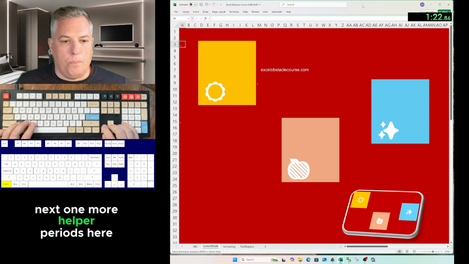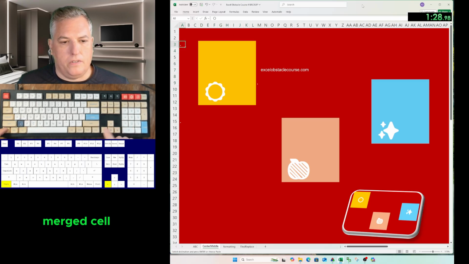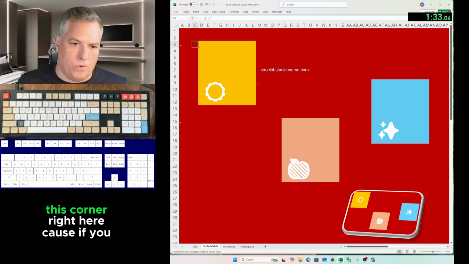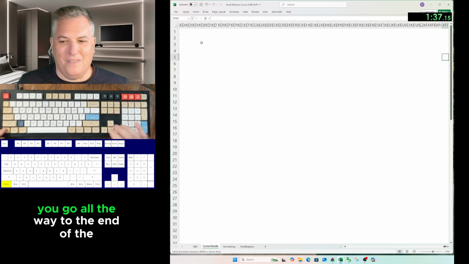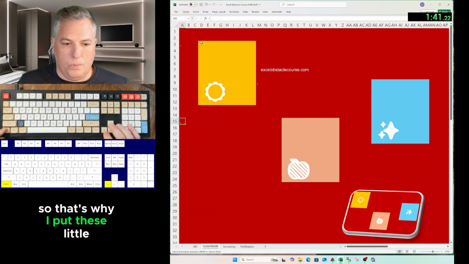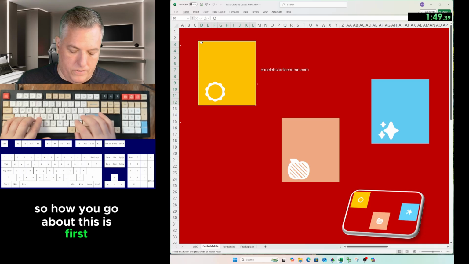Next one, more helper periods here, because if you try to warp to a merged cell, you have to try to warp to this corner of it, this corner right here. Because if you don't, it gets ugly. You go all the way to the end of the spreadsheet. So that's why I put these little helper periods. Hope that makes sense. So how you go about this is first we're going to center it,